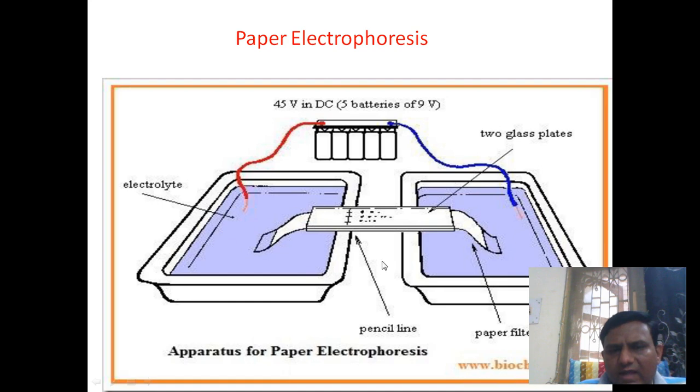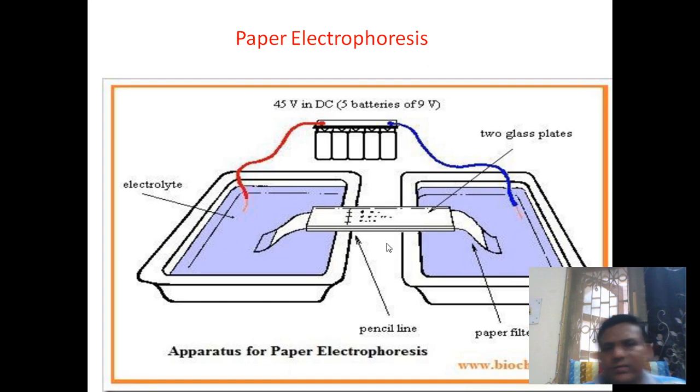Now in this way we can assemble this paper electrophoresis assembly, with both tanks having individual electrodes, so that both tanks are connected to the battery, to the power pack. When we switch on the electric current, under its influence your molecules start to migrate. But before that I would like to explain how your sample should be loaded